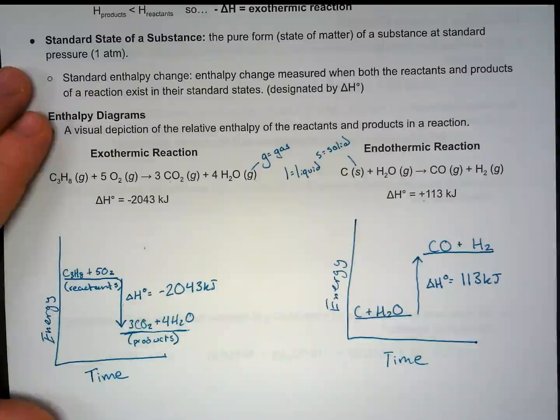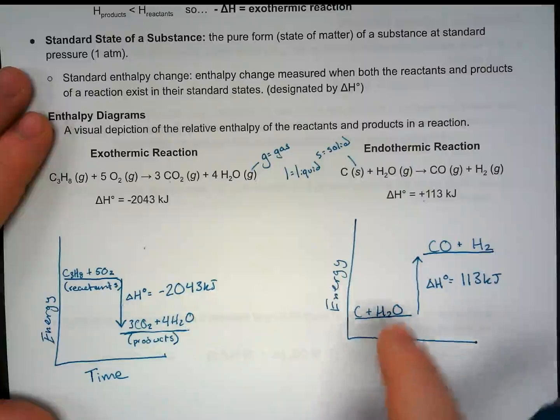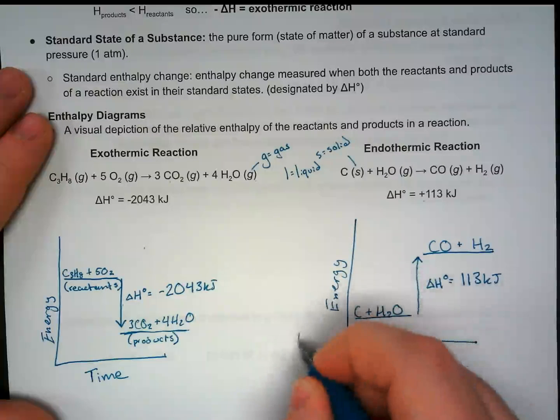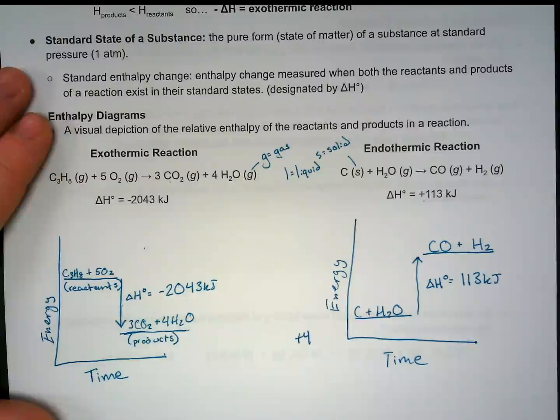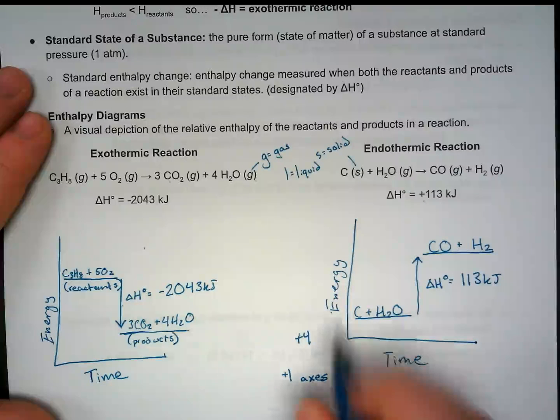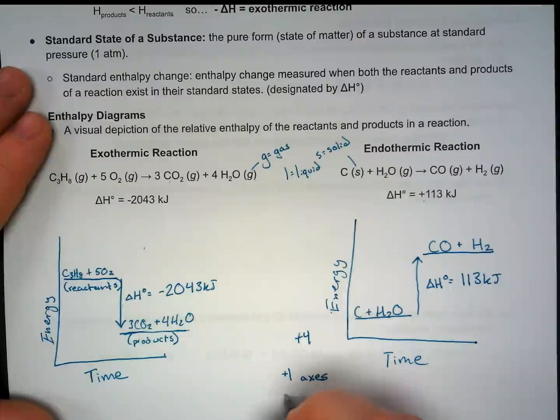Okay, now this is how I'm going to grade them, because you will be asked to practice these. These little diagrams are going to be out of 4 points. The idea is that 1 point is going to be for the axes. So it's 1 point for showing me energy on the y-axis and time on the x-axis. There's a point for the orientation